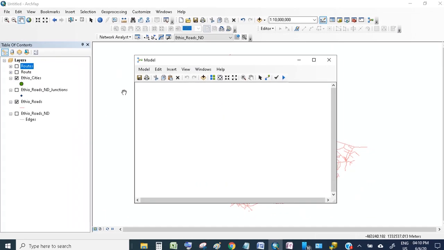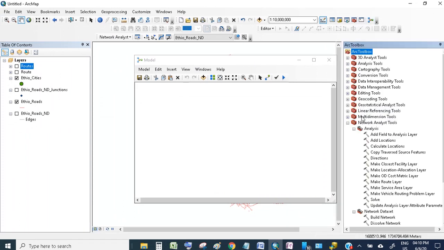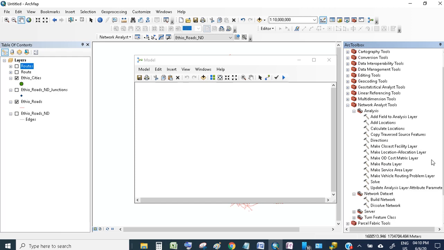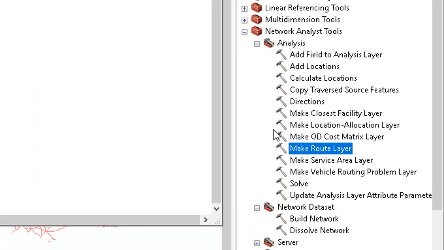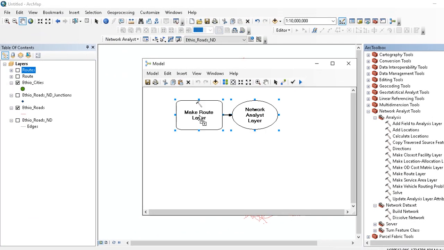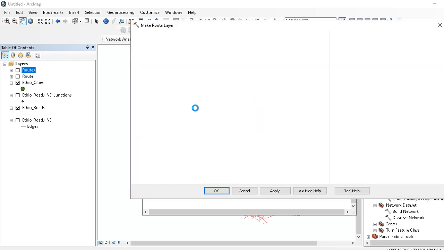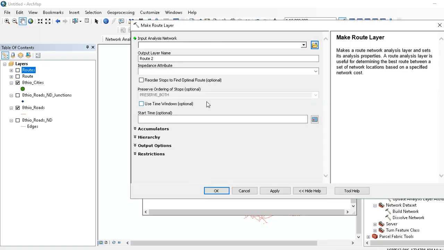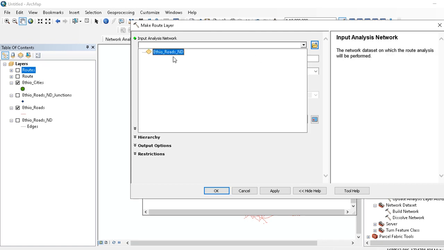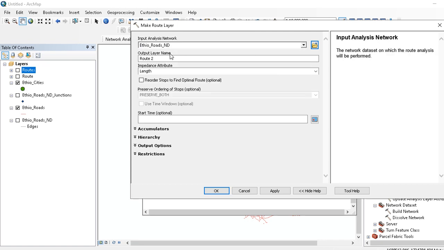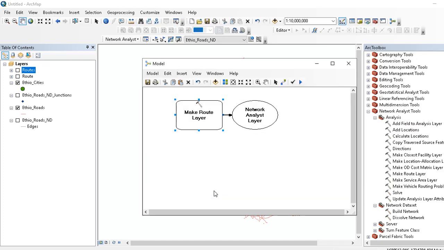For that we have to take the model analysis, and thereafter we'll go to the make route layer here. In this route layer you have to give your input, ETH routes. Do it. Okay,